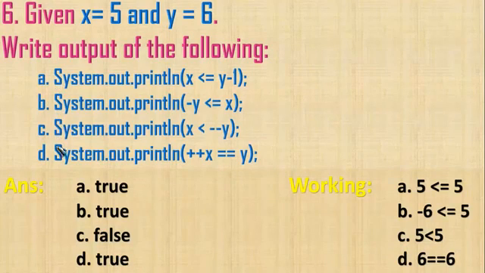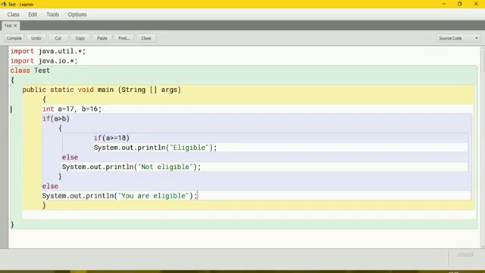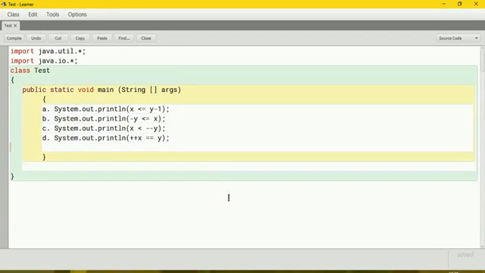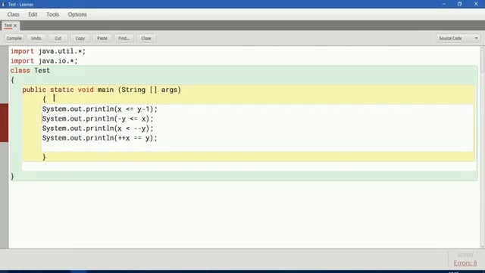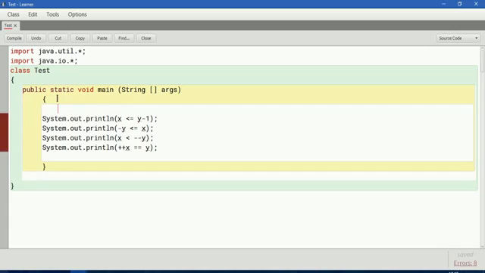Here it is given as each individual sums. If we execute all together, x value and y value may change here. I will copy the codes here. So I will remove this a, b, c and all. So here x is equal to 5 and then y is equal to 6. Let us compile this, no syntax error.